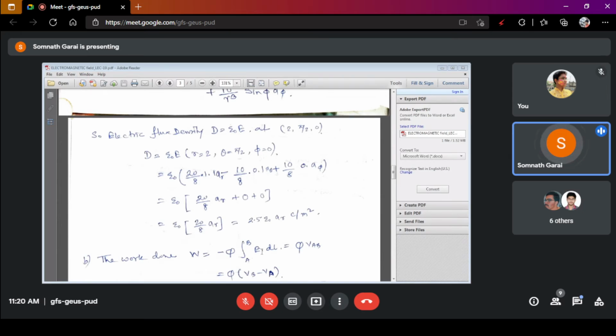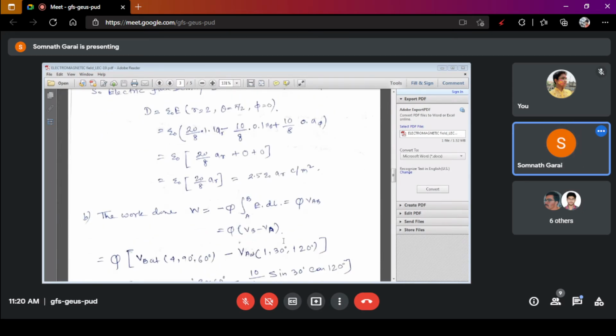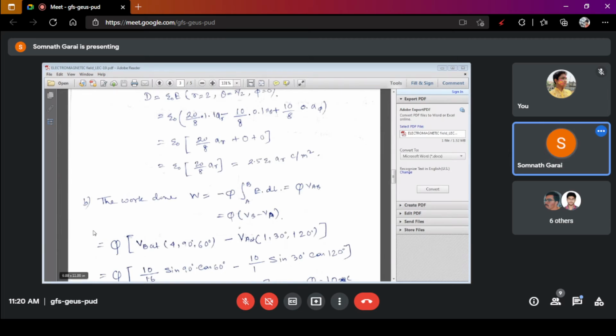Now the work done will be W is equal to, according to the first formula, minus Q into the integral from position A to position B of E dot dl. That will be Q into VAB. We also know that Q into VAB, so W is equal to Q into